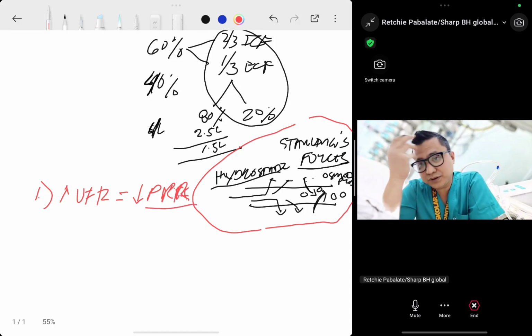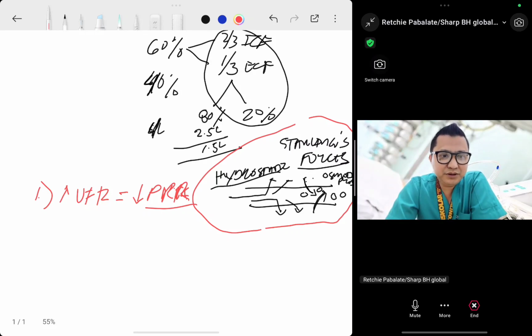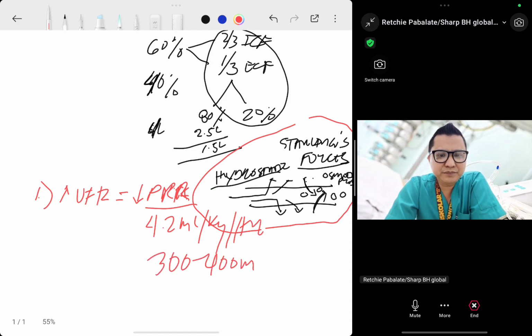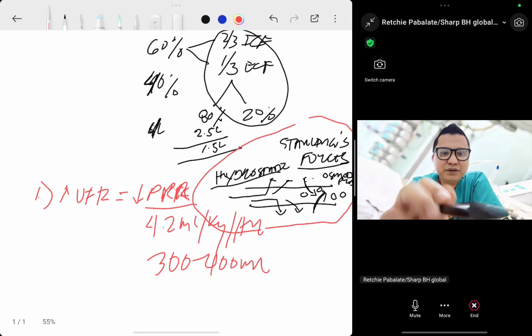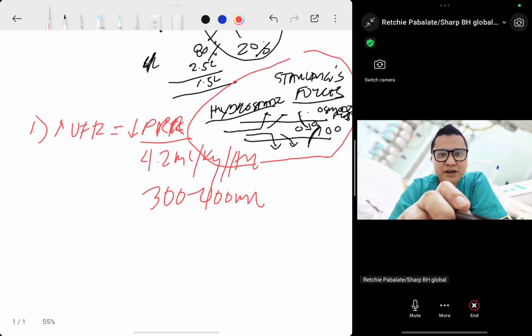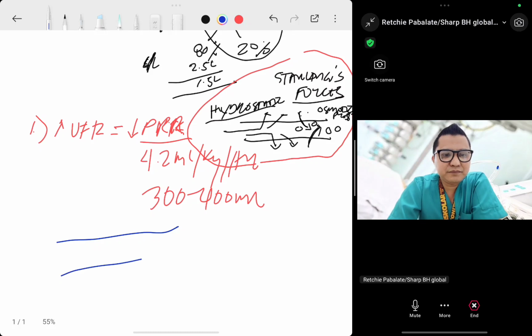It is the movement of water from the interstitial space into the intravascular space. And remember, this PRR is very slow. The average is around 4.2 ml per kg per hour, so it is most likely around 300 to 400 ml per hour. For example, like the one I mentioned earlier, if the patient gains 4 liters, for example,